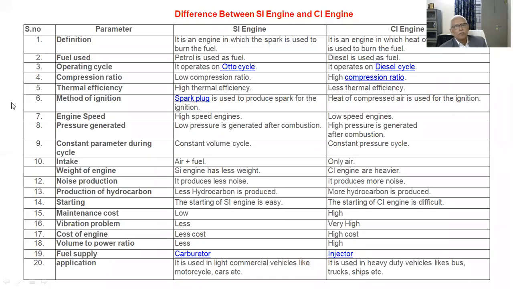So I intentionally made this slide. Whenever you want to compare human beings, you'll be talking about how tall they are, or what the height is. For the comparison, we need to have some parameters. Maybe height is one. Based on the height parameter, you can classify human beings as tall, medium height, or dwarf.